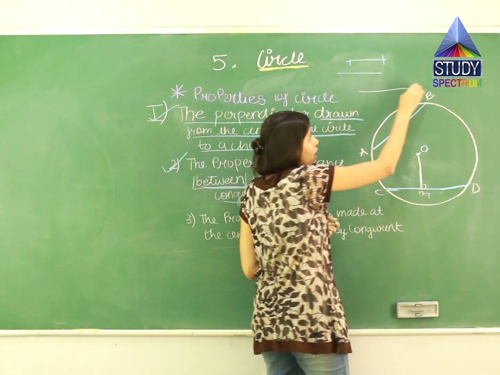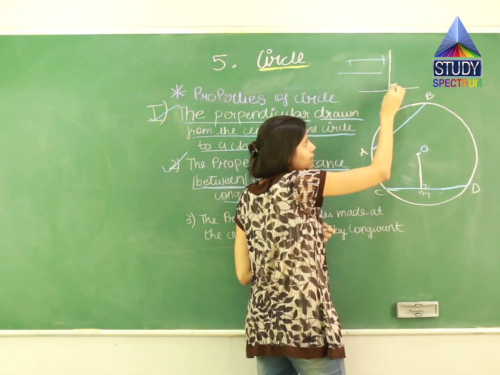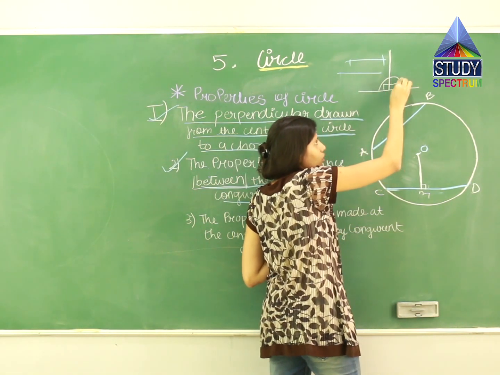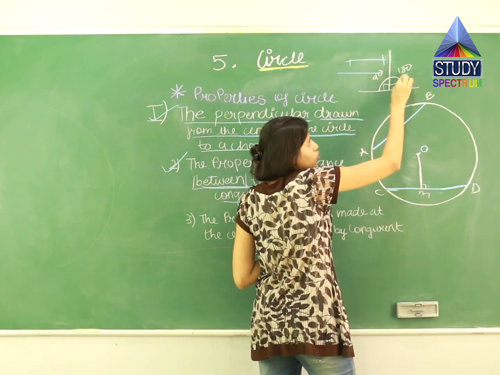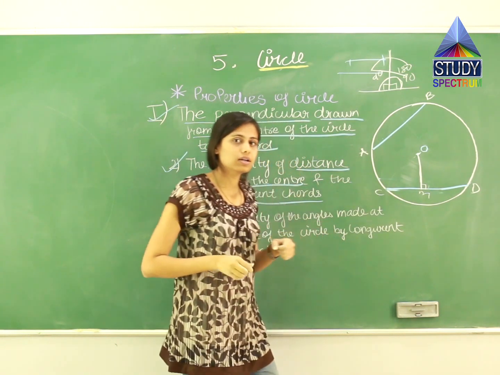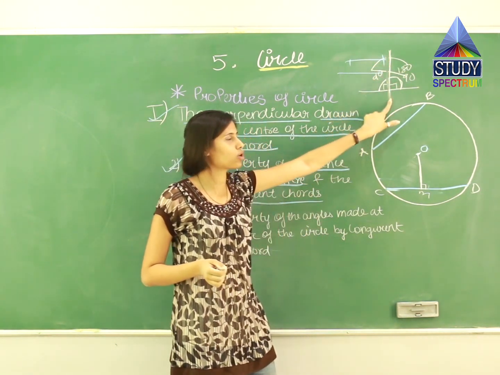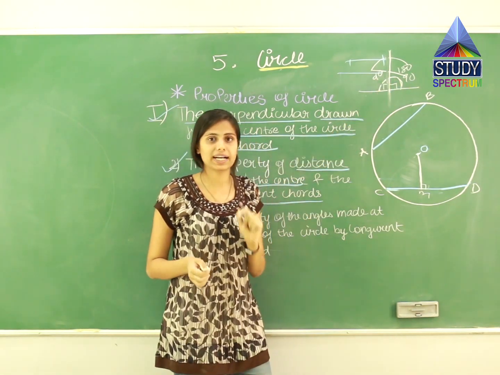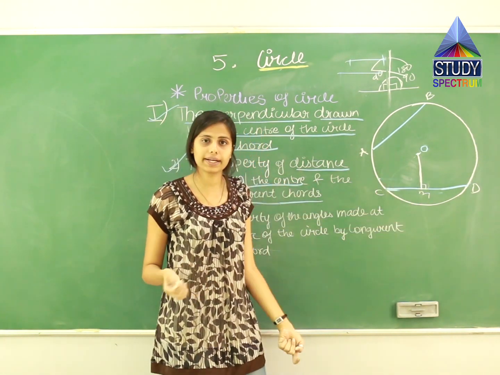अगर कोई एक line है और अगर 90 डिग्री ऐसे हम परपेंडिकुलर ड्रॉ करते हैं तो ये अगर 90 डिग्री है तो ये भी 90 डिग्री होगा, क्योंकि the measure of this is what? 180 degree. So if this is 90 degree, this has to be 90 degree because 180 minus 90 comes to what? 90. So अगर कोई straight line है and दूसरी straight line 90 डिग्री में उसको कट कर रही है, परपेंडिकुलर ड्रॉ कर रही है, तो दोनों एंगल्स कितने होंगे? 90 डिग्री के. तो over here if this angle is 90 degree, this also has to be 90 degree.